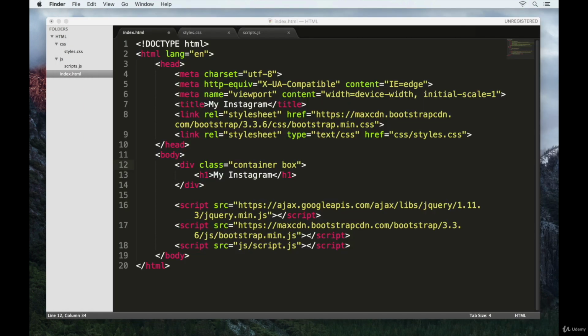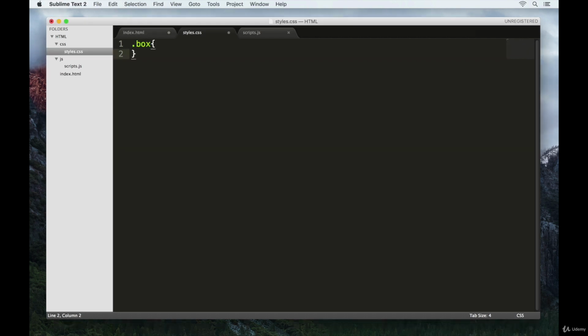Perfect. Next, inside the div tag, add an additional class to the layer. Let me call it box. Now, to define this, let's go to styles.css, and for adding classes, we have to use a dot followed by the name of the class, and all the style is provided inside the curly brackets. Let's start with giving a background color. I will provide the value as a hex value, hashtag